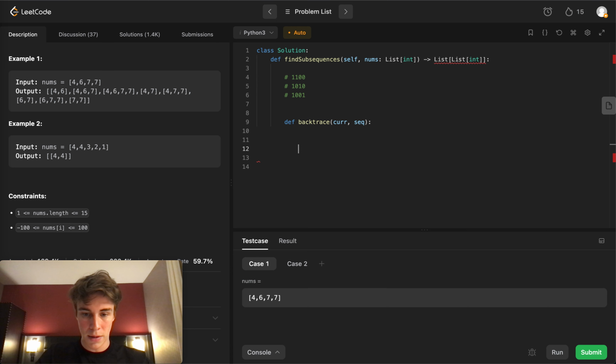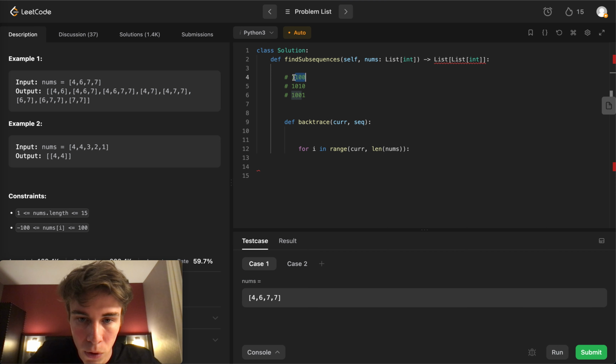And let me see if I can say something like this: for i in range current and length of nums, we are going to say that the current is 0, but the i is going to iterate over these 3